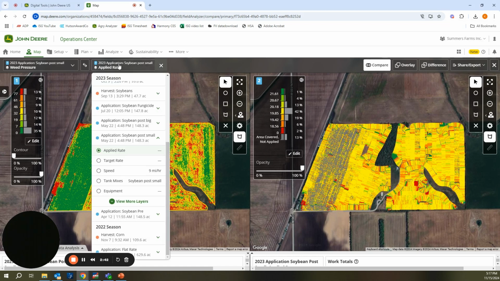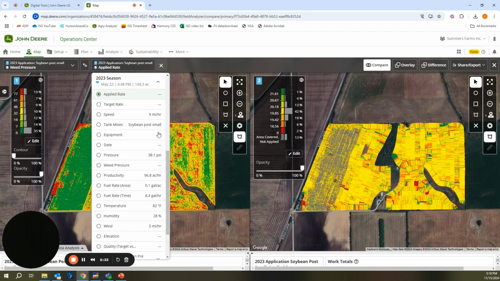comparisons. Very nice drop down here. You can see a lot of different information. We can look at applied rate, target rate, tank mix, equipment,